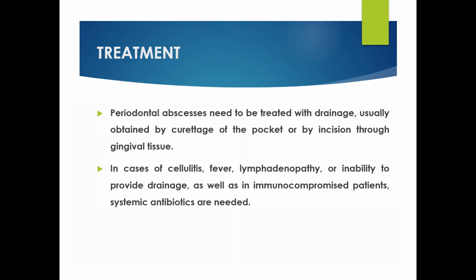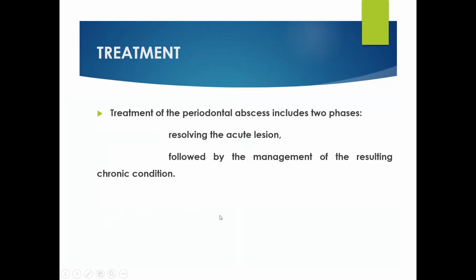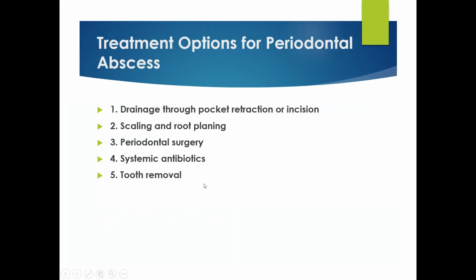Treatment: periodontal abscess needs to be treated with drainage, usually with curettage. It's either incision and drainage at the most prominent point, or you do the curettage through the opening of the periodontal pocket. However, in case of cellulitis, fever, lymphadenopathy, or inability to provide drainage, systemic antibiotics are a must. So you have to resolve the acute lesion, followed by management of the resulting chronic condition. So we have to establish the drainage, and the tooth has to undergo scaling and root planing, periodontal surgery if required,